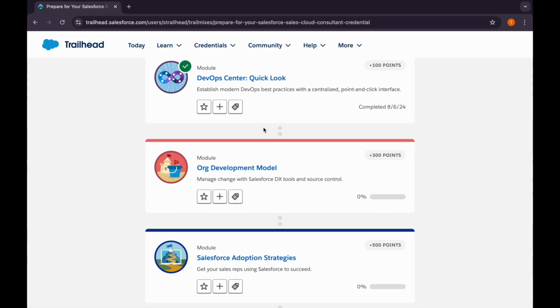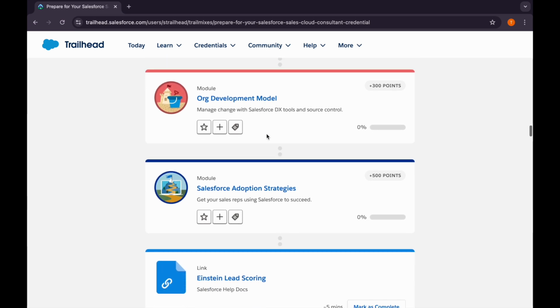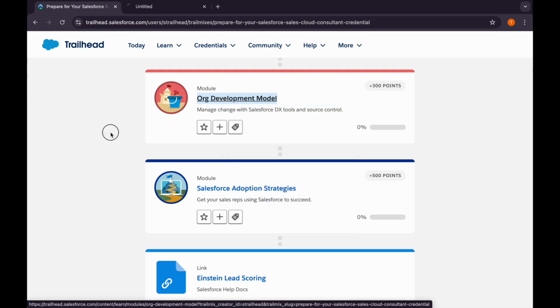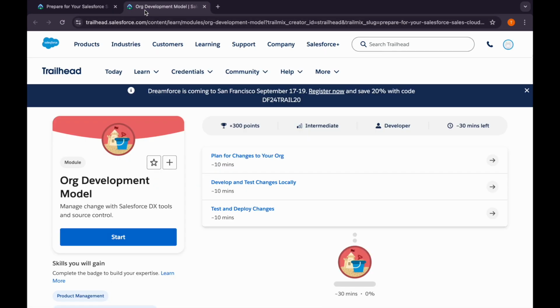And in our last videos, we have done the module DevOps Center Quick Look. It was a very short module talking about what exactly DevOps is, why we should use it, how it is beneficial for us, and how it can replace manual effort and make things easier. So in today's video we'll be doing the module Org Development Model. It is also related to DevOps only, talking in more detail about what exactly DevOps is and the Salesforce DX tool